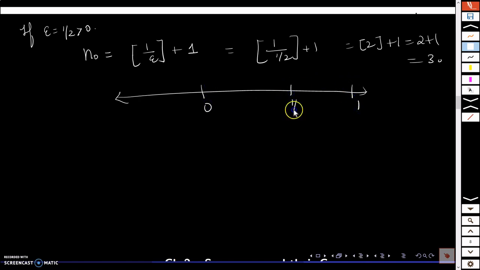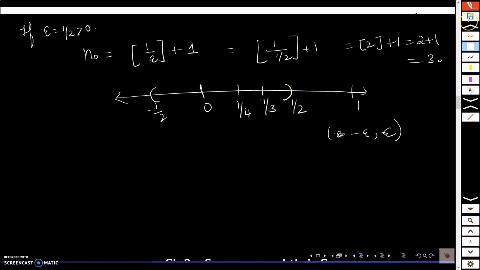Right? So if you give me epsilon is equal to half, let me put it on the number line. 1 half, 1 by 3, 1 by 4, and so on. So if you give me epsilon is equal to half, then I look at 0 minus epsilon comma 0 plus epsilon. That will be minus epsilon to epsilon. And when it is half, it will be somewhere here. This is the epsilon neighborhood which I am talking about. Now when you see the term 1 by 3, that is inside this interval.